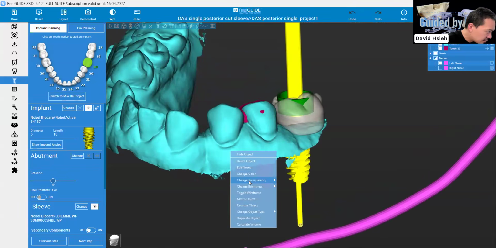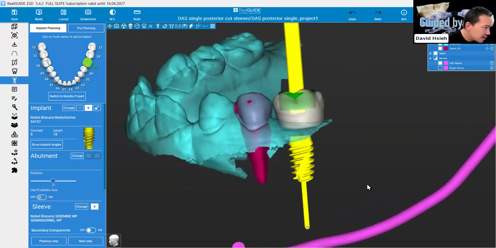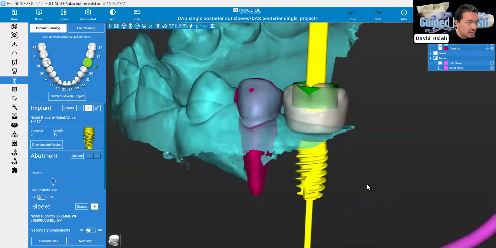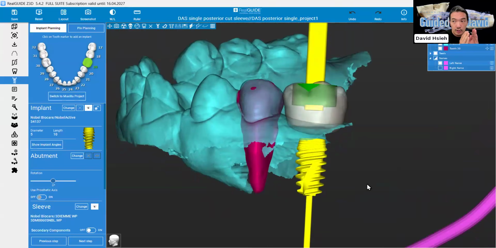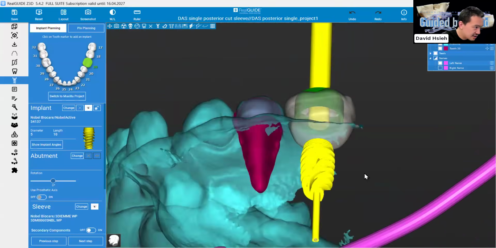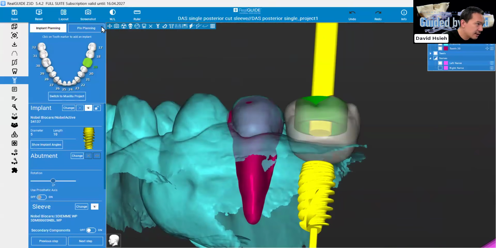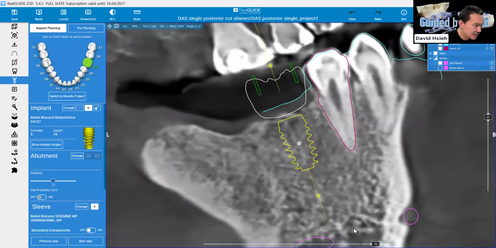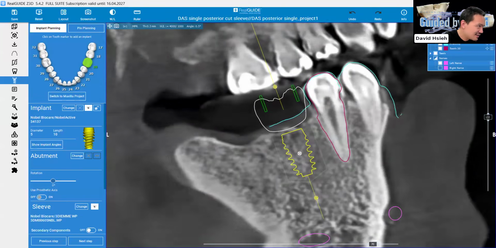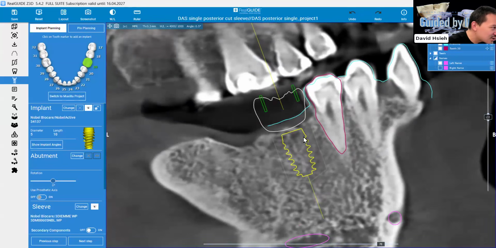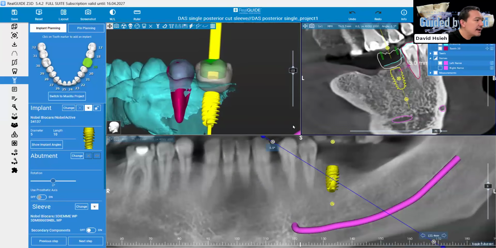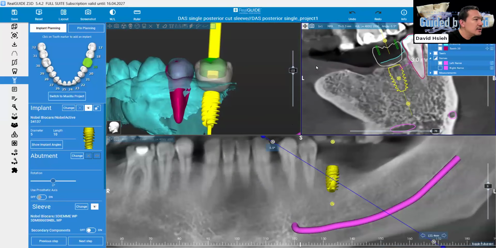And then we can either change the transparency of the model so we can see, okay, are we parallel to the adjacent root? And what's the distance between them, right? You can measure that also, which, this is not an issue here, but just showing you how we usually need to do it, from the PDL to the implant. I mean, we got more than enough. That's great. So the minimum distance between roots is 1.5. All right. So knowing all this,